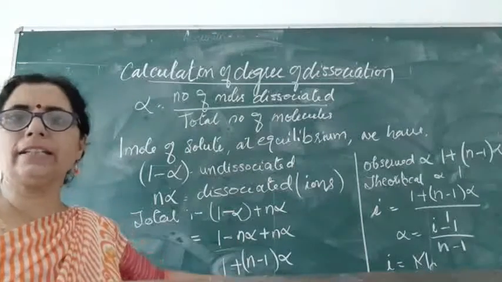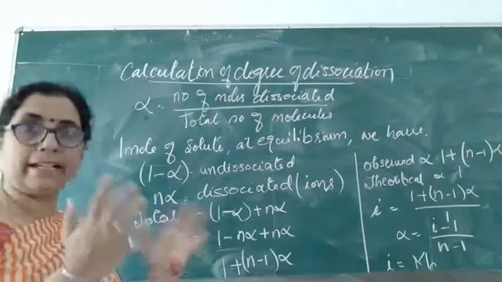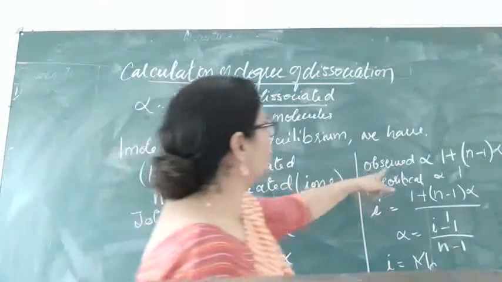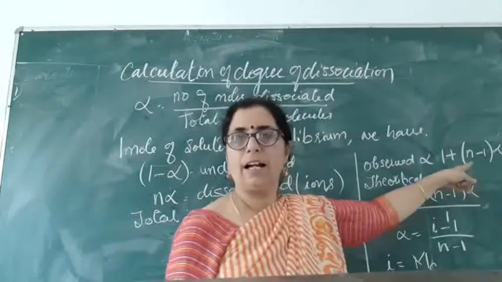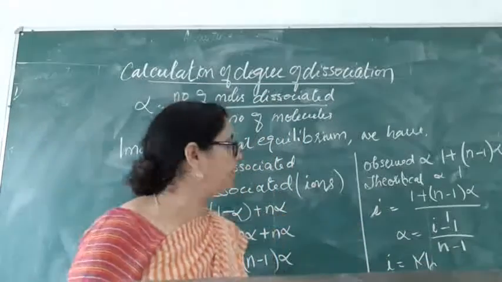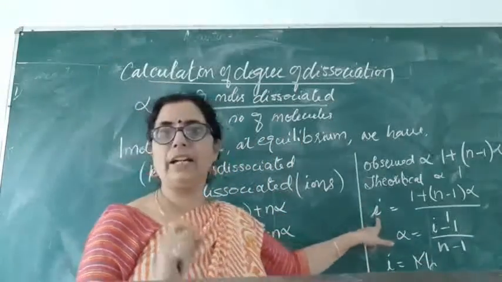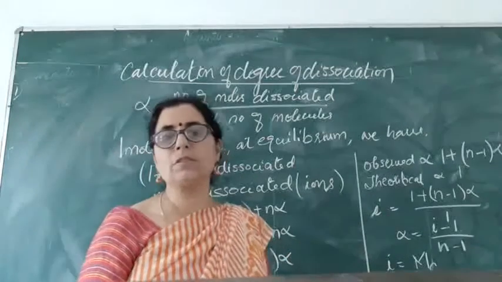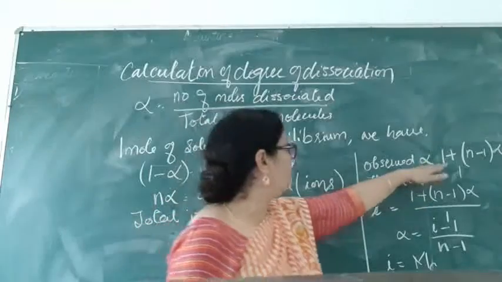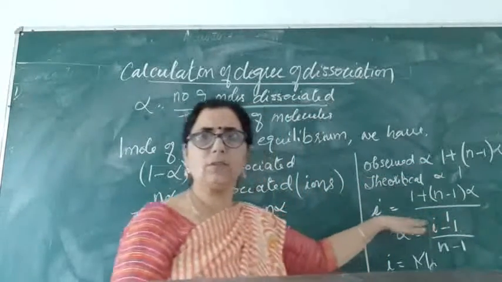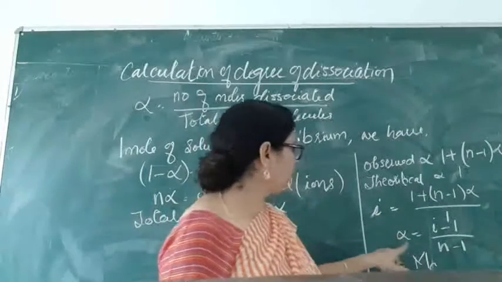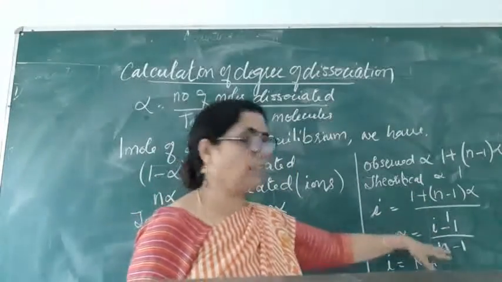So this is the value we get for the total number of ions present after calculating and adding. This is the observed value. But theoretically, only 1 mole of solute was added. So putting these values in the Van't Hoff factor equation, we get the observed or calculated upon the theoretical. In this way we find out alpha after putting these values here.